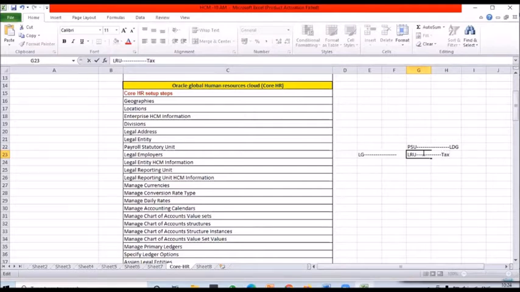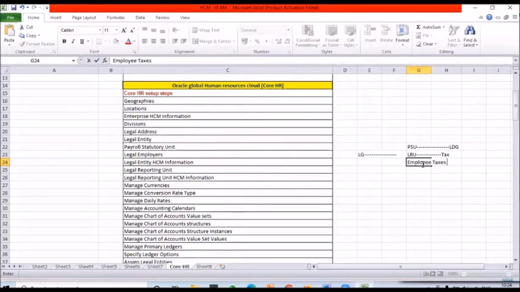Okay, this particular LRU, if you want to submit the taxes manually, we need to go and enable the tax reporting unit. Which employee taxes do you want to submit? So you're saying this is a tax reporting unit, and next you manually need to go and tell the system: I have this particular company, and I'm going to submit this company's employee taxes using this particular reporting unit. That's what we need to do at the legal entity level.